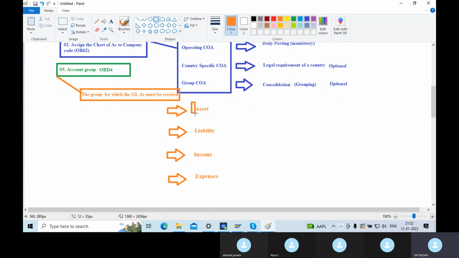So if you have hundreds of assets in a company, you can create hundreds of asset GL accounts. If you have multiple liabilities, you can create multiple liability accounts. If you have different sources of income, several income related GL accounts will be created. And for whatever expenses you have as a company, each expense related transaction needs a separate GL account. But irrespective of these groups,